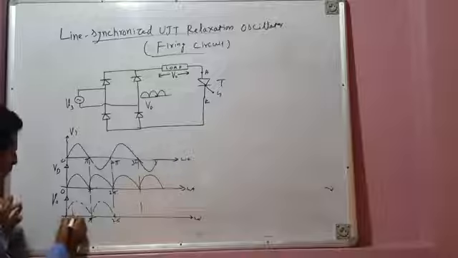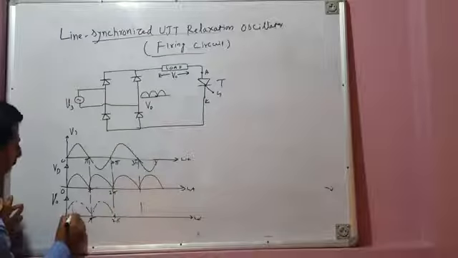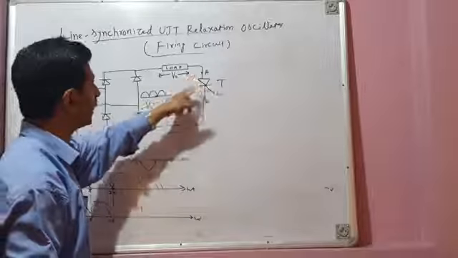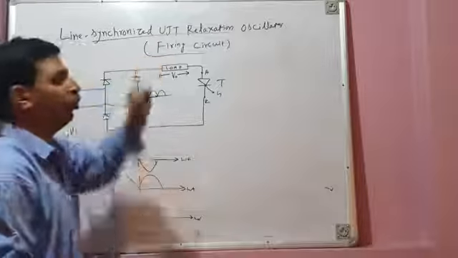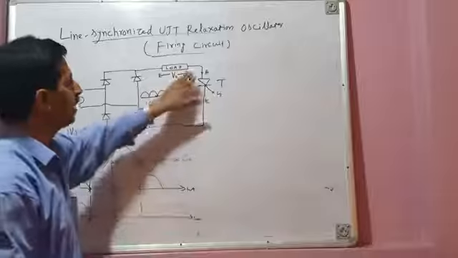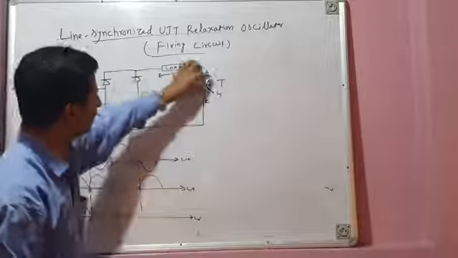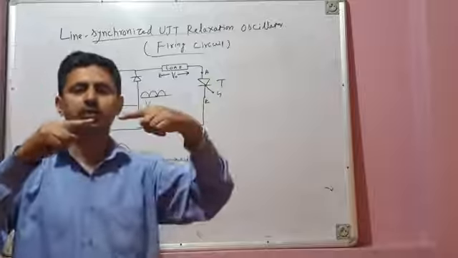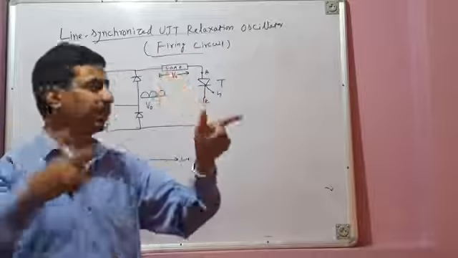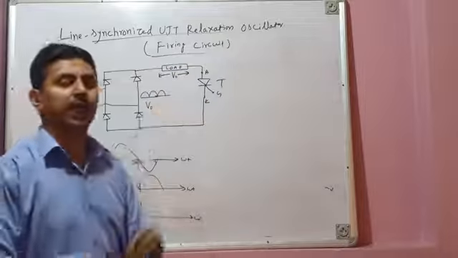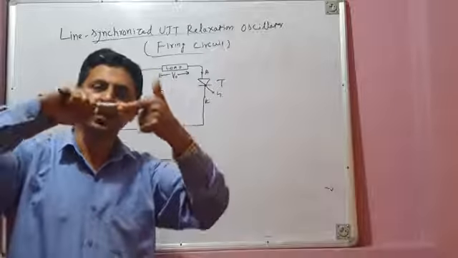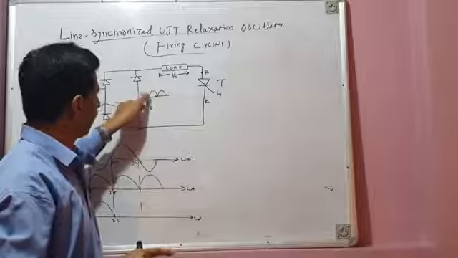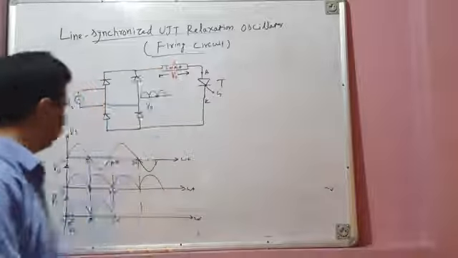So from 0 to alpha, what is the voltage across the load? 0, because you have not fired SCR. Unless you fire the SCR, current will not flow and no voltage will appear across the load. When SCR is in the off state, this entire voltage appears across the thyristor. No voltage appears across the load. It acts as an open switch. It blocks all the voltage, and voltage across the load is 0. And when you fire the thyristor, it acts as a closed switch and connects the load across the source, and then voltage appears across the load.